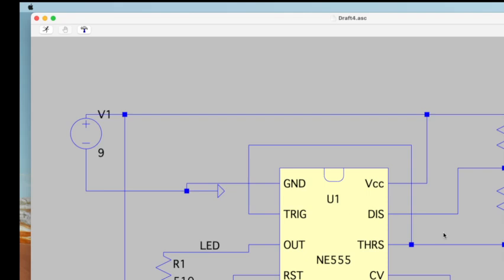So, the whole point of a reset is that you can reset. That's the purpose of it. So, the dash number is really just saying that for her, she has a reset stream, while this device only has an active low reset. What that means is when you set it to the ground, then it resets. So you want to keep that at 9. But it's dash because it's something that you can't change. But for now, just set it to